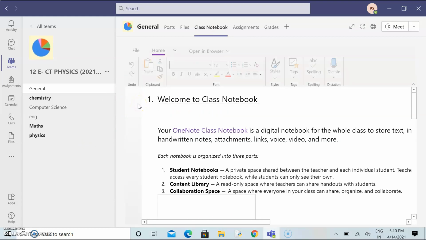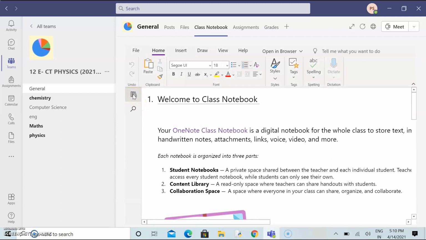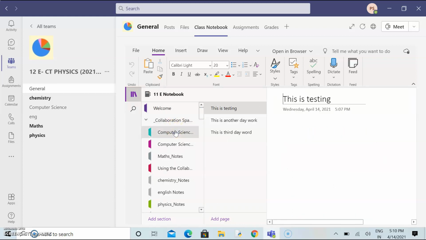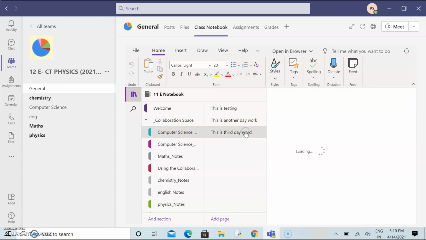If you want to unlock that collaboration space option, then your students can also do the work in that space. Now this is a third day's work. I hope